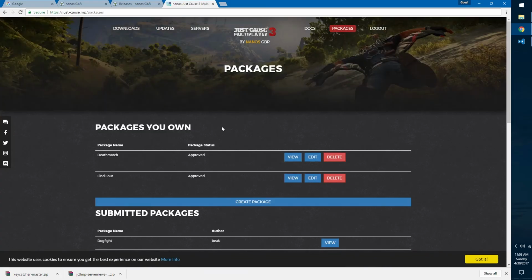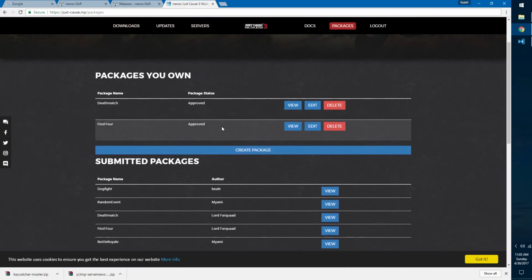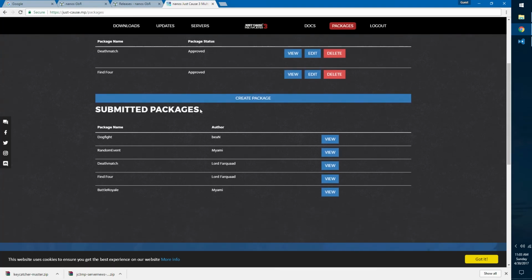now they will load. So if you have already submitted some packages, you'll see here they might be pending, they might be approved, and you can view and edit them. And then you'll see all the submitted packages from people down here. So as you can see, there's a dogfight package, there's a random event, deathmatch, find 4, and battle royale. So you can just click on view,